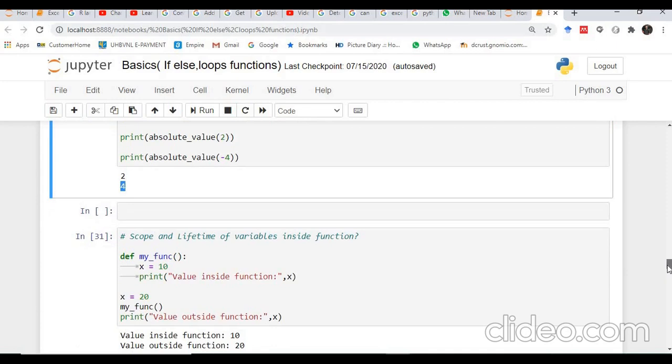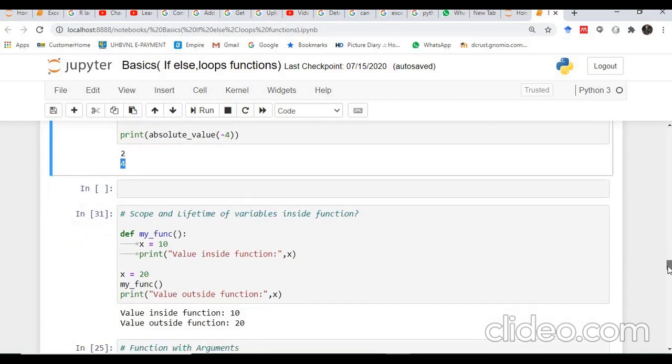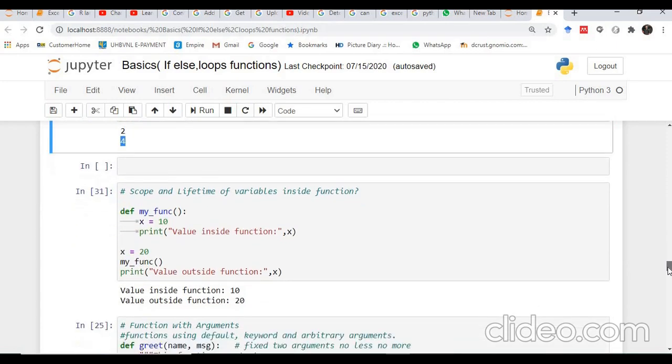Then coming to the scope and lifetime of the variables inside functions. When we say scope of a variable, the scope means the locations inside the program where a particular variable is accessible, and lifetime means the time till which that particular variable is available inside the program.